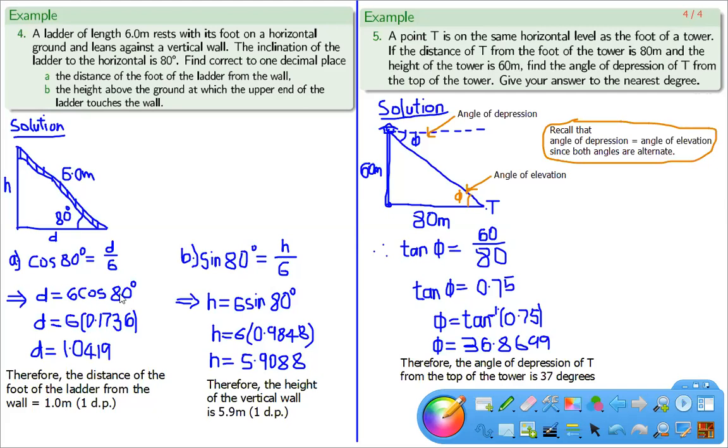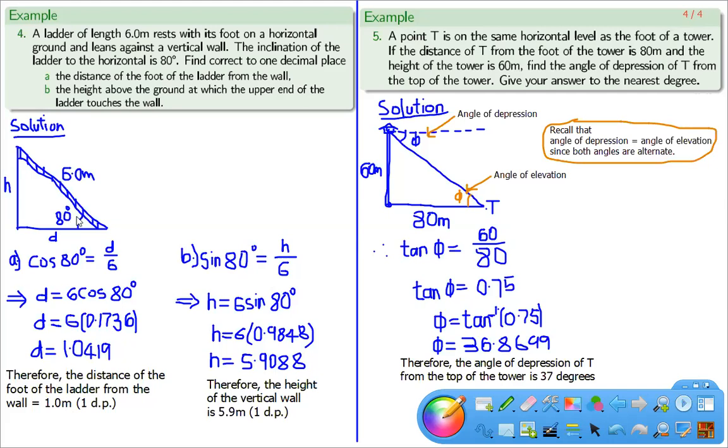Cos 80 degrees is 0.1736 in degrees. Then multiply by 6, and that would be 1.0419. So therefore, the distance of the foot of the ladder from the wall is 1.0 meters to the nearest one decimal place. B. To solve for the height of the ladder, of course, the height is the opposite side of